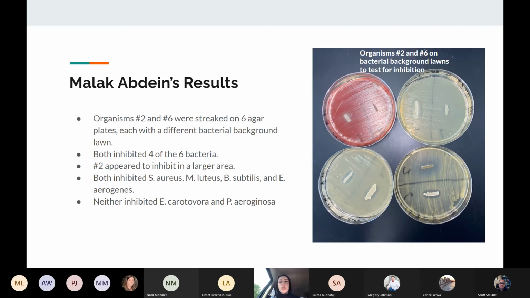So I streaked those onto 6 different bacterial background lawns, and found that both of them inhibited S. aureus and luteus, B. subtilis, and E. aerogenes. However, neither of them inhibited E. carotovora and P. aeruginosa. As you can see in the image, the circular